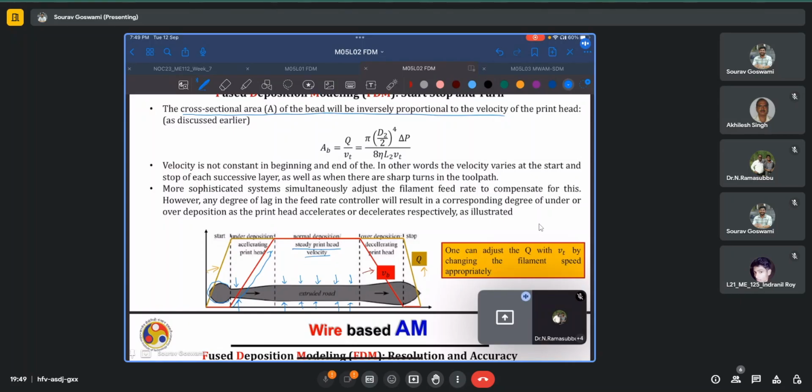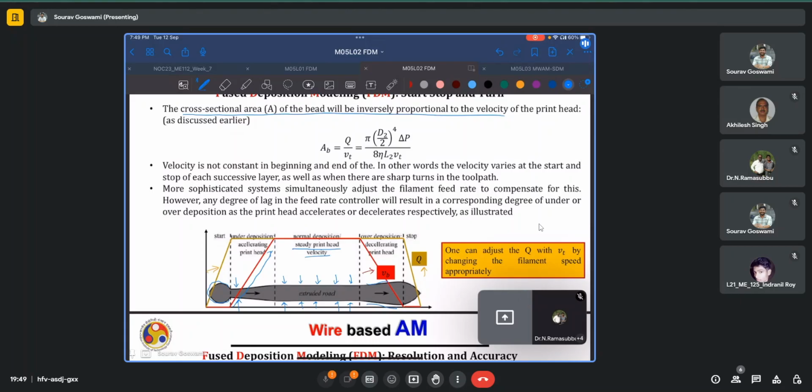Again, when the head has to take a turn or when the head is supposed to stop after depositing a track, it cannot stop instantaneously because that would lead to some infinite acceleration. So it will stop over a short duration of time. During this time, the deposition rate, or the volumetric flow rate, is still constant. Thus again there will be a bulging in the cross section, and again when the deposition head velocity reaches